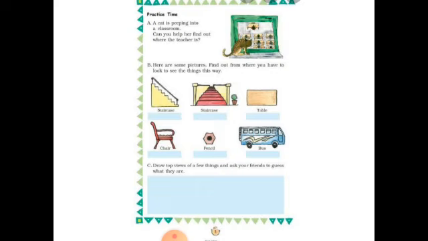I hope, children, you all know about the views of objects. Now I will give you one activity. Children, list out any 20 objects you see in your surroundings, and all of you should do your homework and post it to my personal number. For those who do the homework, I'll give stars. So all of you should try to do this homework. I hope all of you do the homework.